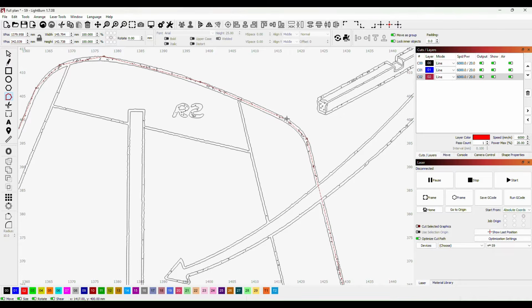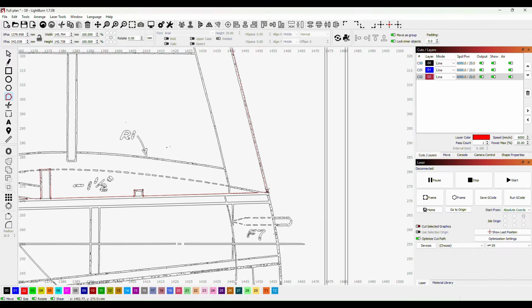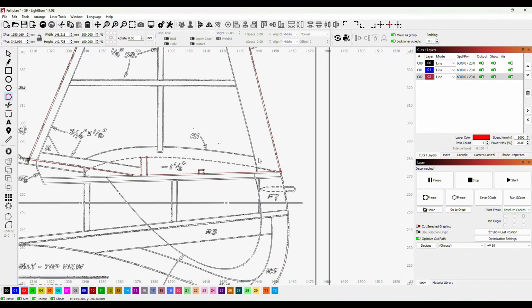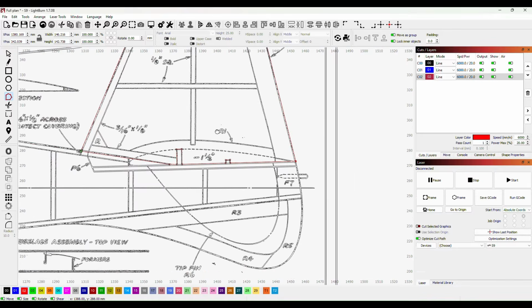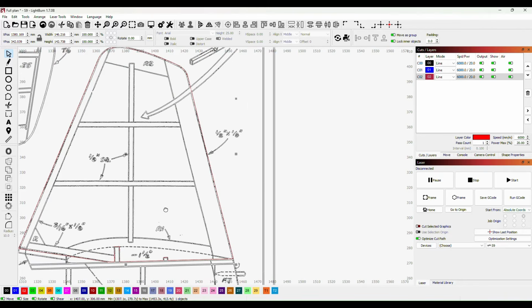So we'll just bring these nodes here to the outside as well, to make sure that we're absolutely right with our dimensions. Okay, so that looks fine. So if we just bring that over to one side,